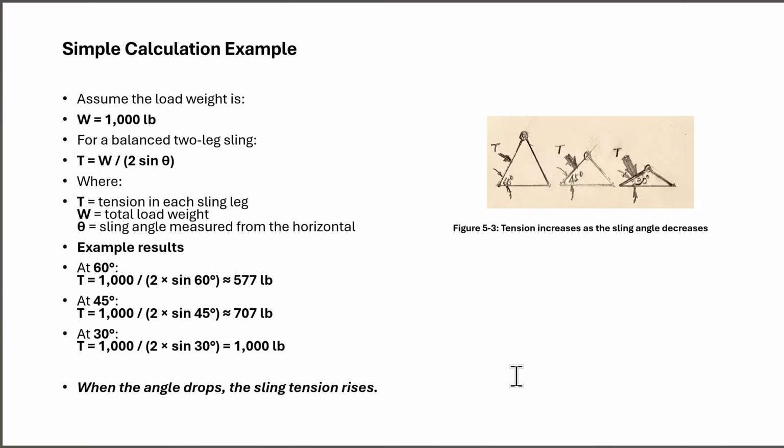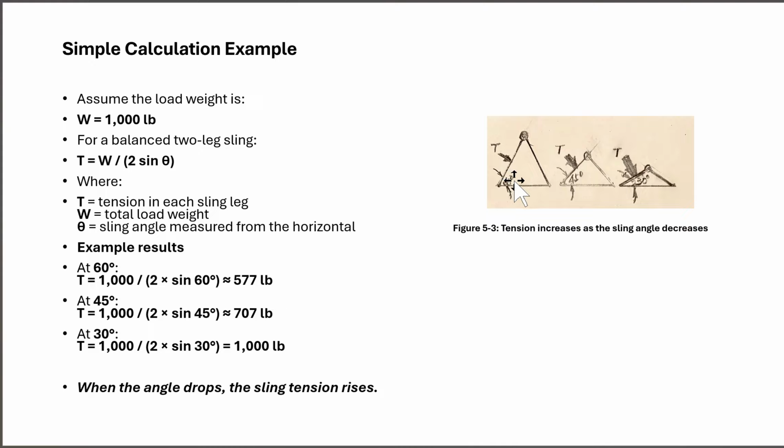To sum up, as the angle drops, the sling tension rises. This example shows why sling angle is critical. With the same 1,000 pound load, the tension in each sling leg changed from 577 pounds at 60 degrees